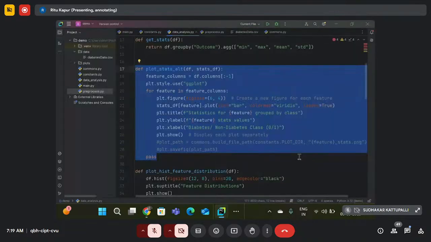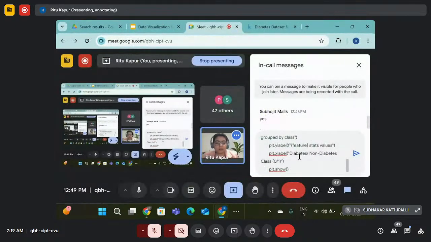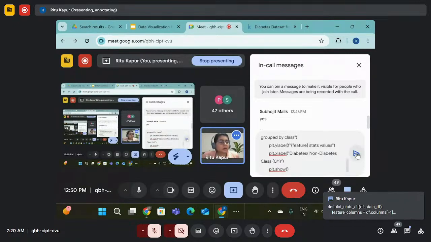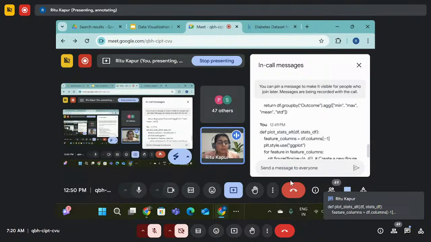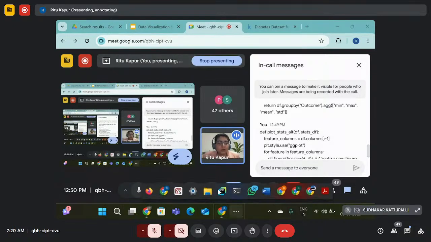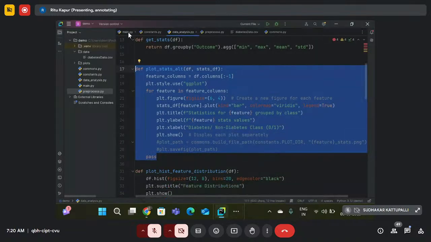Dot show, and I think that's it. Yeah, that's the code for the plot stats function. So how do we call it? Let's say,